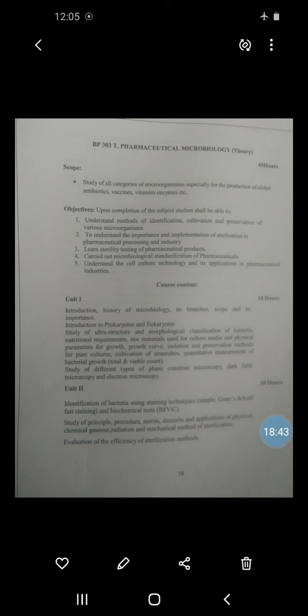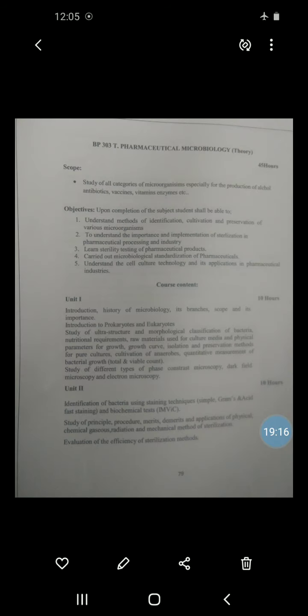I am repeating the demerits. First, this method is very slow. Then the apparatus used for sterilization on large scale is very expensive. Then running cost is very high. Then a lot of precautions are required to be taken to use ethylene oxide because it is highly inflammable and toxic. Then certain toxic substances such as ethylene chlorhydrin are produced in certain materials. So this is all about the merits and demerits.